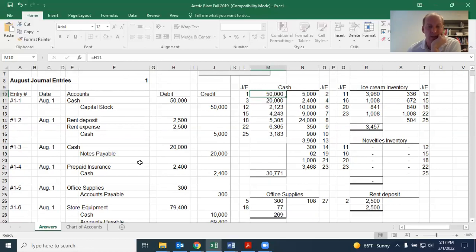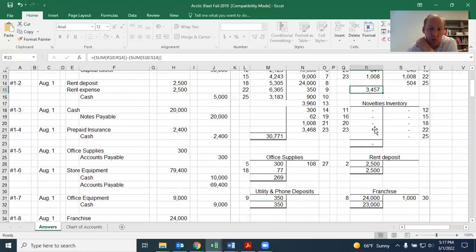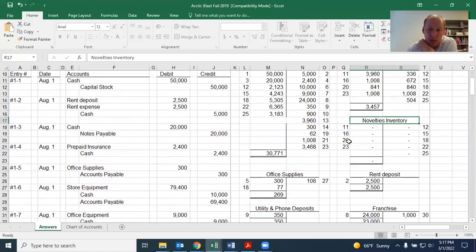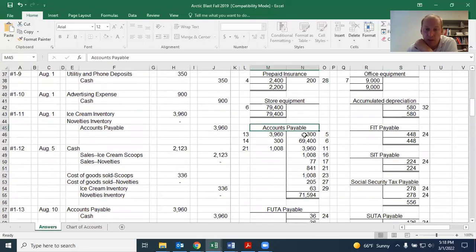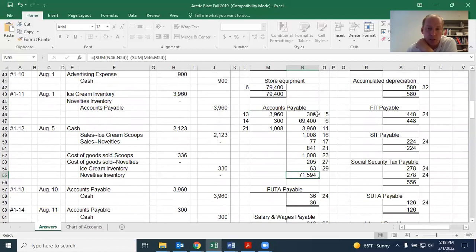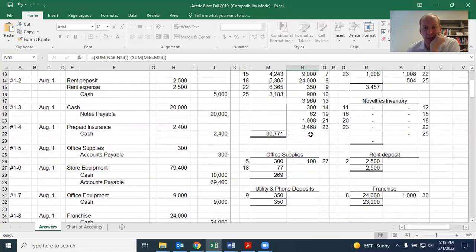And then when you get through all of them, including the adjusting entries, what you're going to do is sum up the debits and then subtract all of the credits, because you know that cash is going to have a normal debit balance. Inventory is an asset, so it's also going to have a normal debit balance. You can see these guys didn't sell novelties, so they don't have anything for that. So you wouldn't even have a T account if you didn't do novelties. But accounts payable is a liability, so it has a normal credit balance. So you'll sum the credits and subtract the debits, and that's how you get your normal